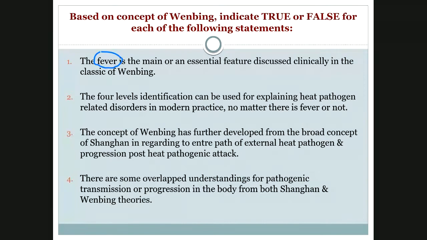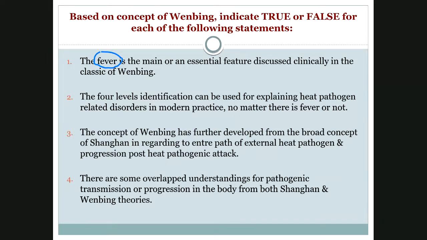Let's have a look. Basically, we don't have much chance to use the 4-level differential diagnosis if they all have very high temperatures, because they all end up going to see the GP and hospital. But why do we still need to learn this theory? Because it can still be used to deal with